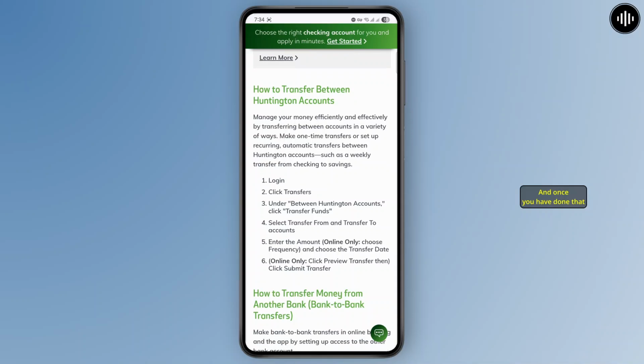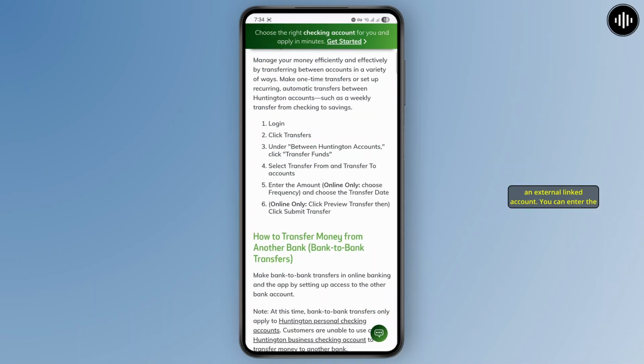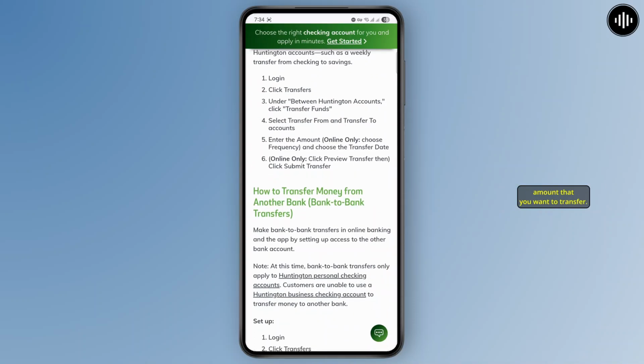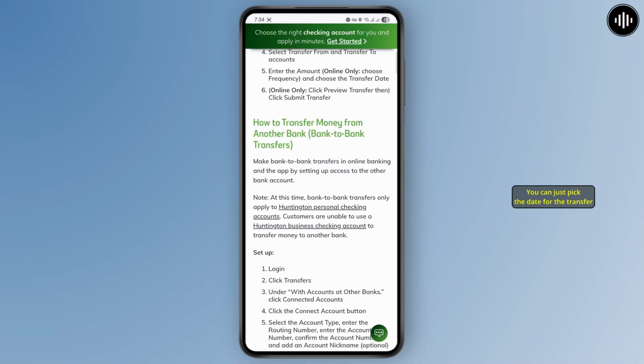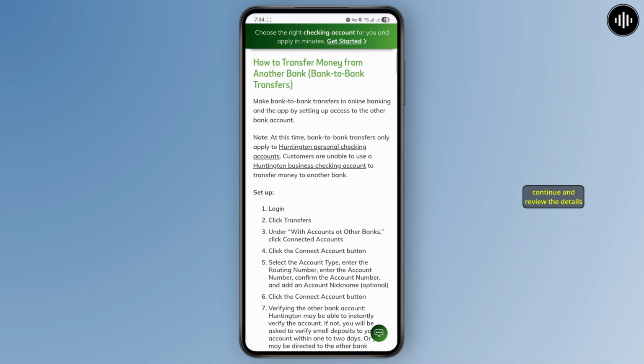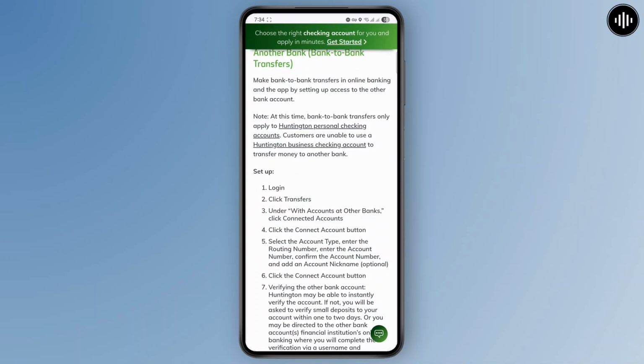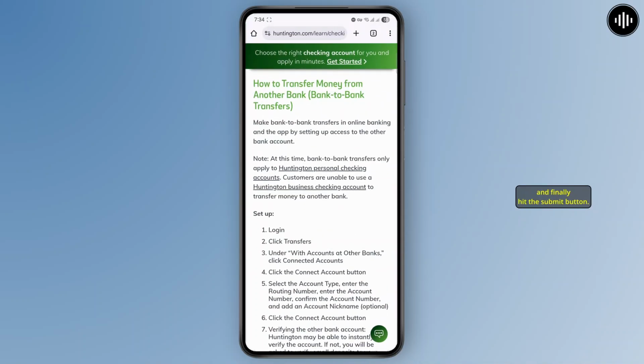And once you have done that, you can just tap on transfers. Then you can select another Huntington account or an external linked account. You can enter the amount that you want to transfer. You can just pick the date for the transfer, either today or any future dates. Then you can tap on continue and review the details to make sure everything is correct, and finally hit the